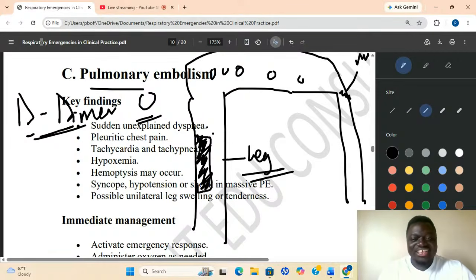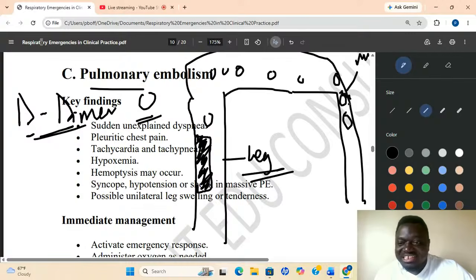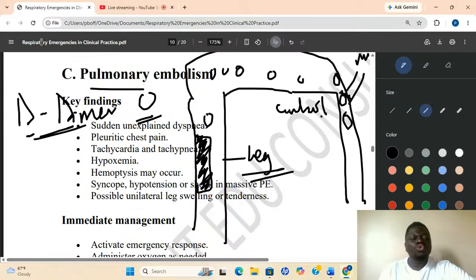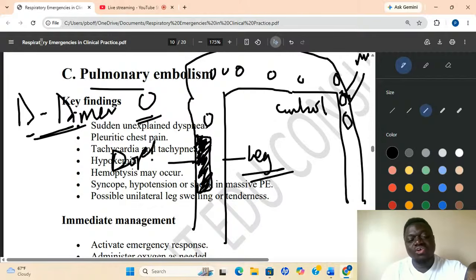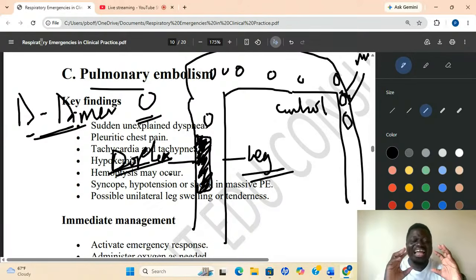But for an embolus, if some of this clot breaks and moves around the body, I can still catch it here, take some blood to the lab and do my D-dimer. But if I use D-dimer to catch the embolus, how will I know that there is a clot in the leg? I have to do what we call the Doppler, or the venous duplex. I'm scanning the veins to see a big clot.